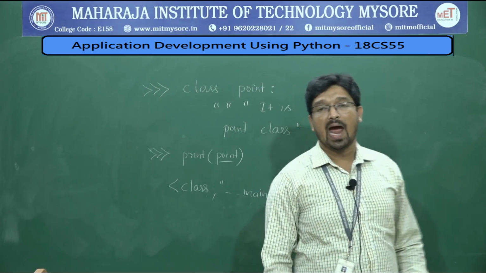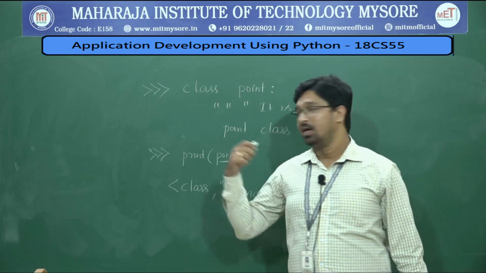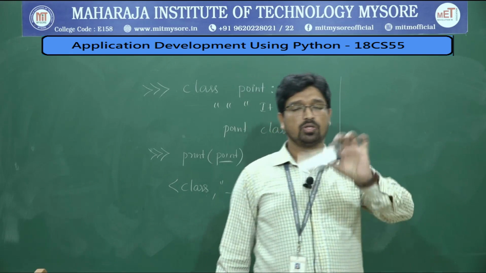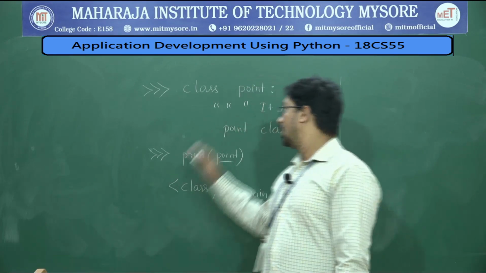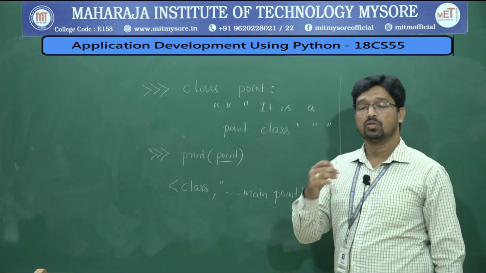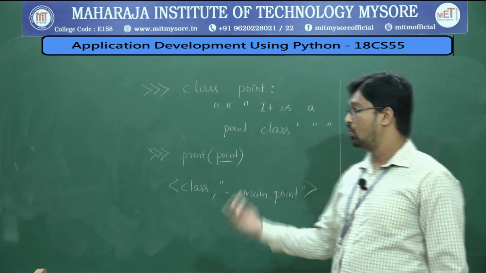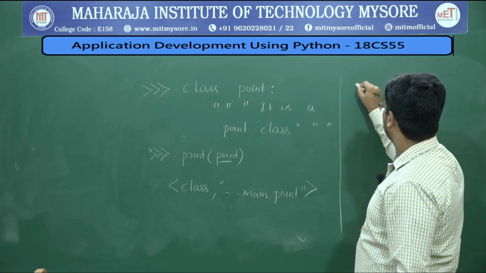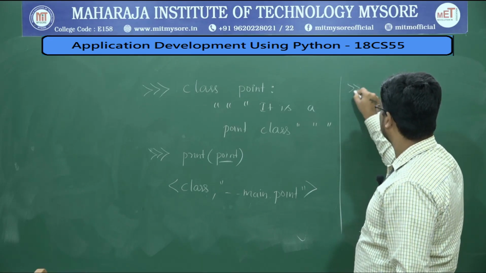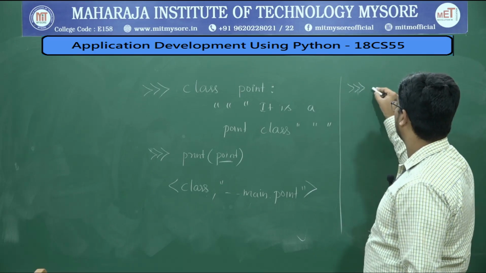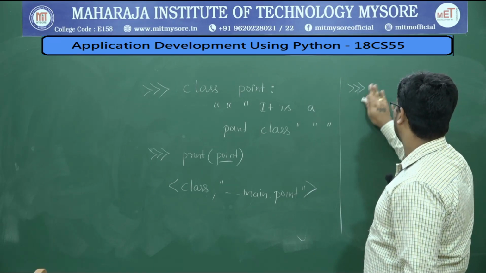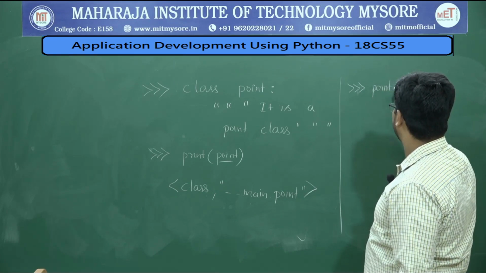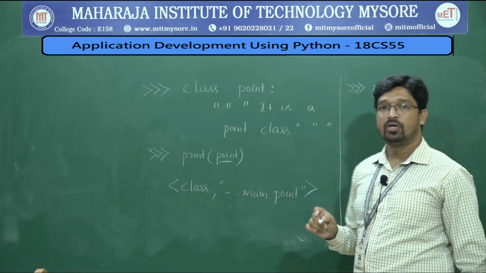Next, how do we create attributes of Point? As I said, it has got some attributes. I have got some attributes, a student has got some attributes, this duster has got some attributes. In the same way, Point has got two attributes, those are x and y. How to create? Just say, in the console or terminal, Point dot x. So you need to initialize it.